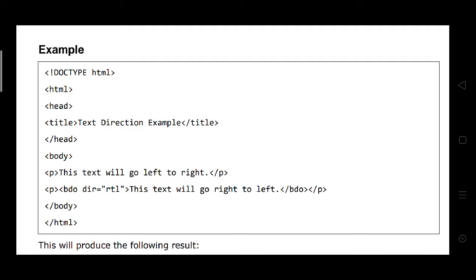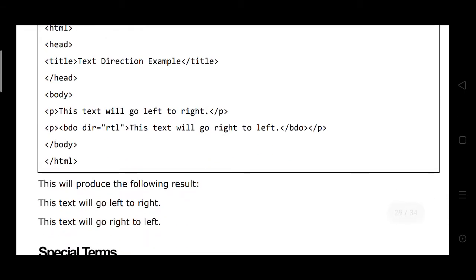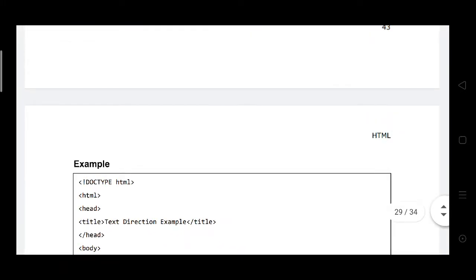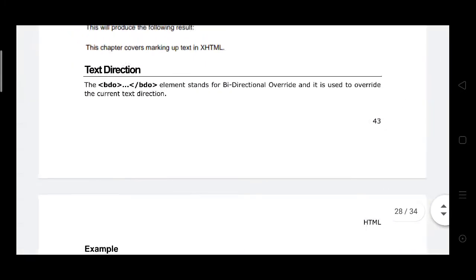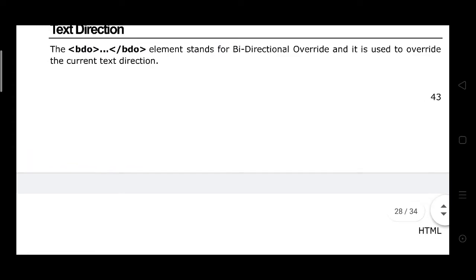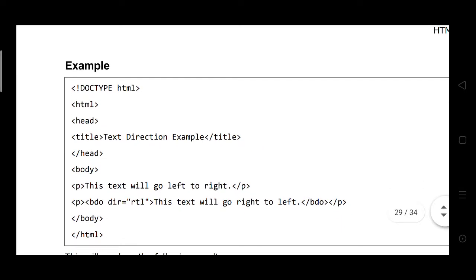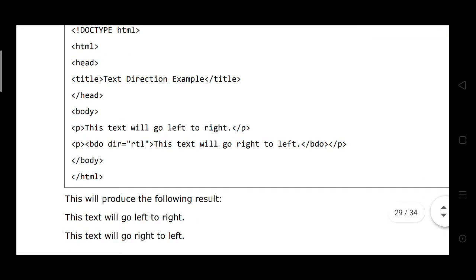BDO RTL, right to left: this text will go right to left, BDO close. This will produce the following result: the text will go left to right, the text will go right to left. Whatever direction you want, LTR or RTL, the text will go in any direction.